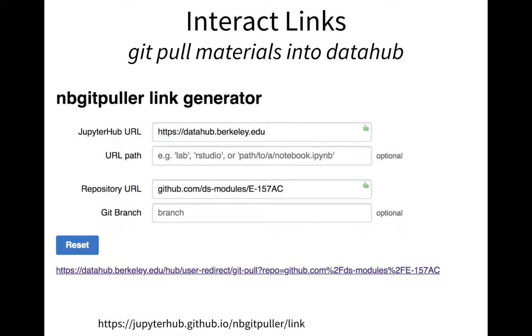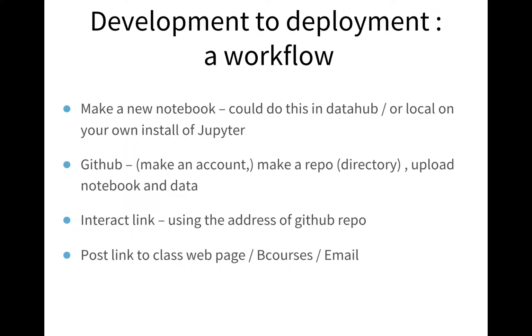Here, if we want to open RStudio, instead of Jupyter, we would have our RStudio tag. This is sort of subtle, but Jupyter's moving to JupyterLab, so we can also open things in JupyterLab. We can also open specific notebooks instead of just our whole class repo. But for now, let's just open the class repo and not the notebooks directly. So we will all practice this in a second.